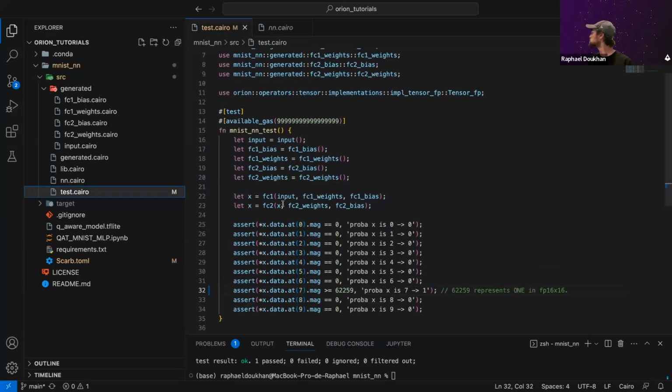So here what we do, we import all the inputs, not only one of the inputs, the biases, the weights, the biases of the second layer and the weights of the second layer.